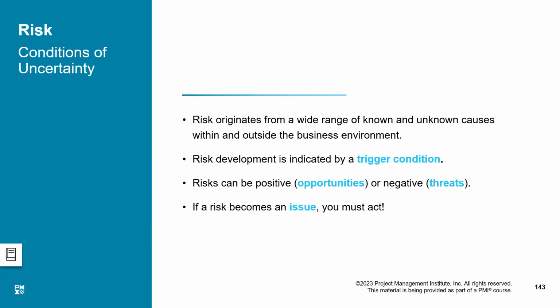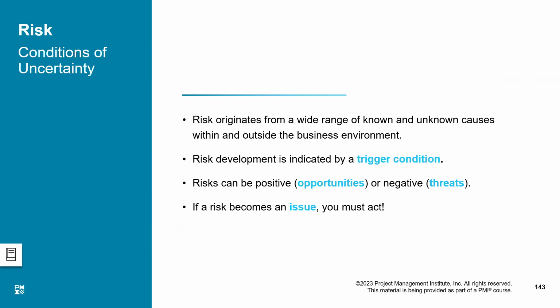Then there are unknown unknowns. Unknown unknowns are those which cannot be conceived by us. We can't think of this thing happening ever. So basically, what we can do is identify those risks which we can conceive. They could be known, or they could be known unknowns, and then we start dealing with them.